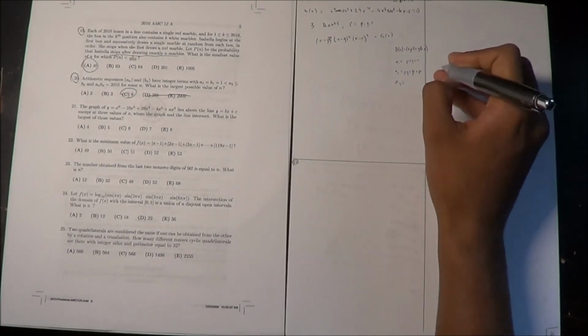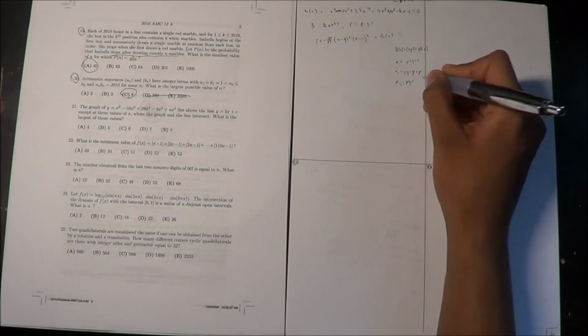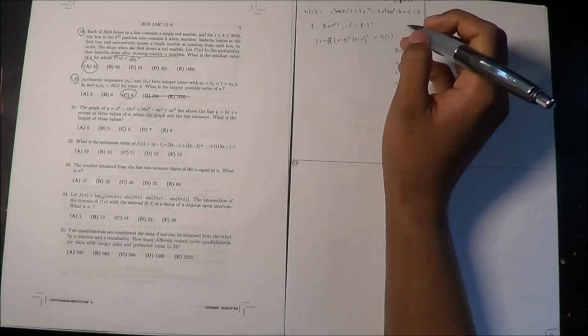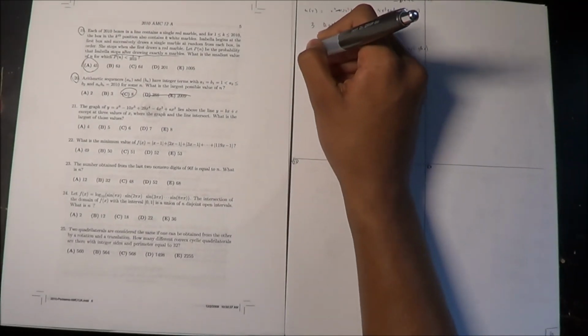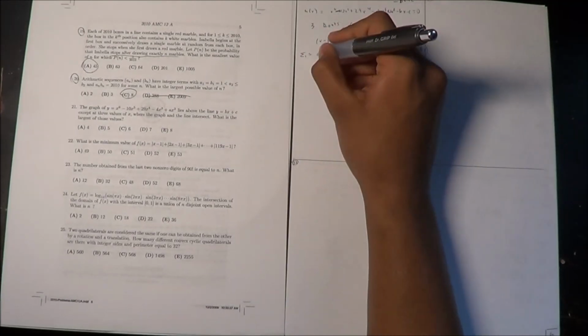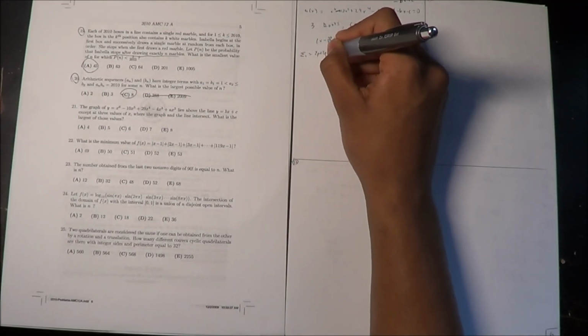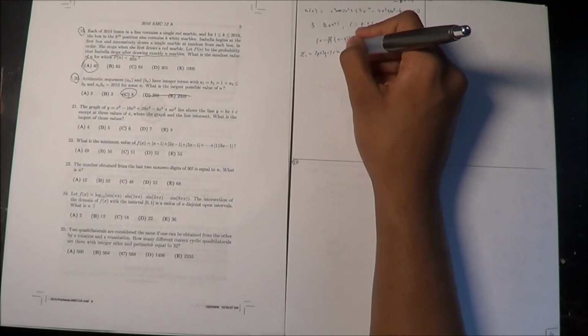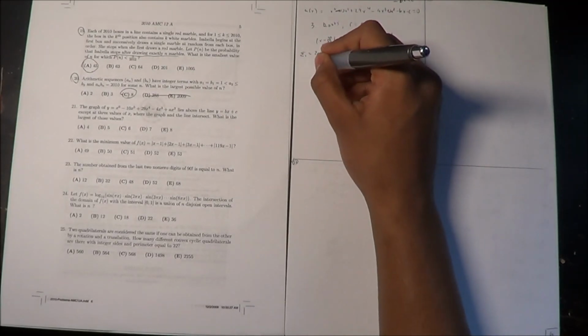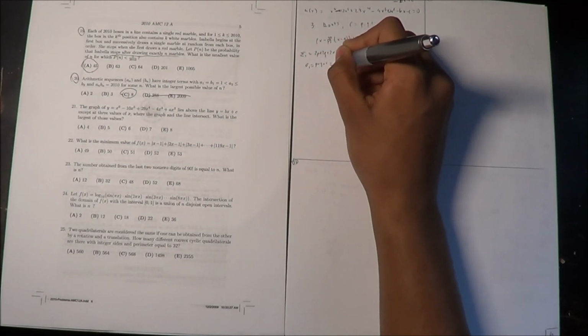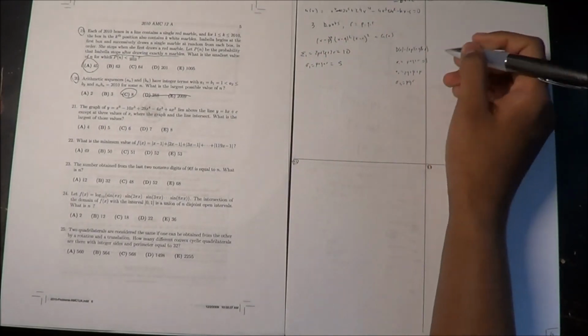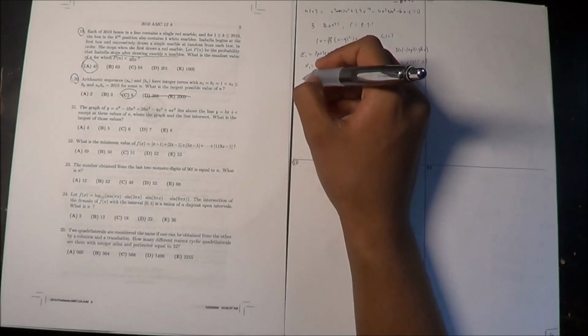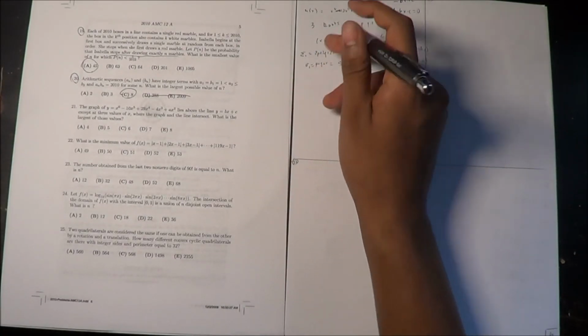Sigma 3 will be pqr. Okay, so big sigma 1 for g of x will be 2p plus 2q plus 2r, which equals negative 10 over 1. That equals 10. So sigma 1 equals p plus q plus r equals 5. Okay, so for this one,